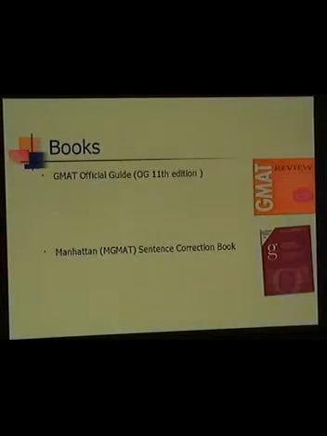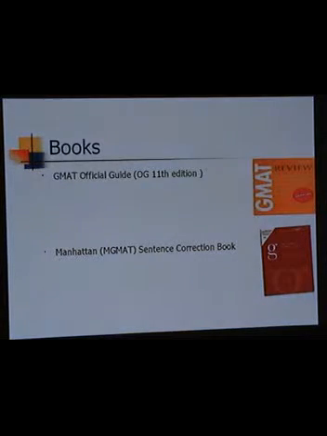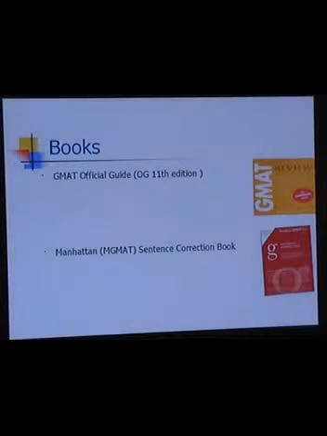should have the official guide, the latest edition of the official guide. This is the book that is published by the folks who administer the GMAT, and you could buy this from mba.com or Amazon, or you could find it at other websites too. It has all the problems that have appeared previously on the GMAT, and don't be fooled